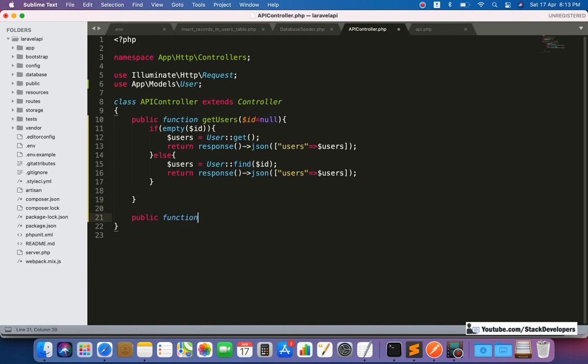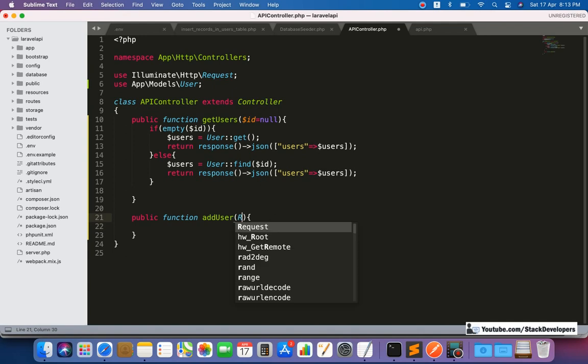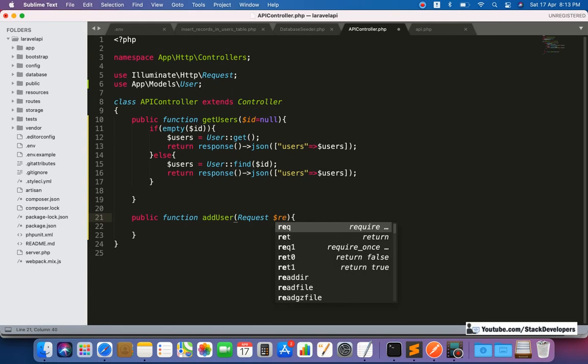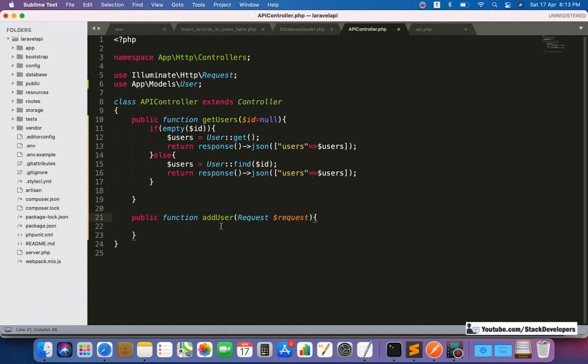Now we are going to add the function here, public function add user. Same as we did in the Laravel website, here also we are going to receive the posted data like this, and here we will add if $request is method post, and here $user data equals $request, we will take input here to get the data, and here we are going to print the data.